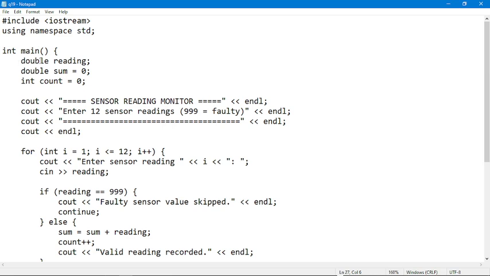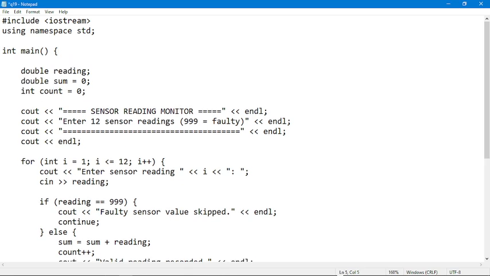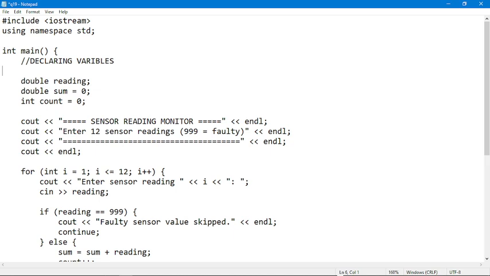So we declared our variables. Let me write that here. So declaring variables, that is what is happening here. Sorry, I'm delaying. So here we are declaring the variables that we are using in the program. So double, that's the data type double,